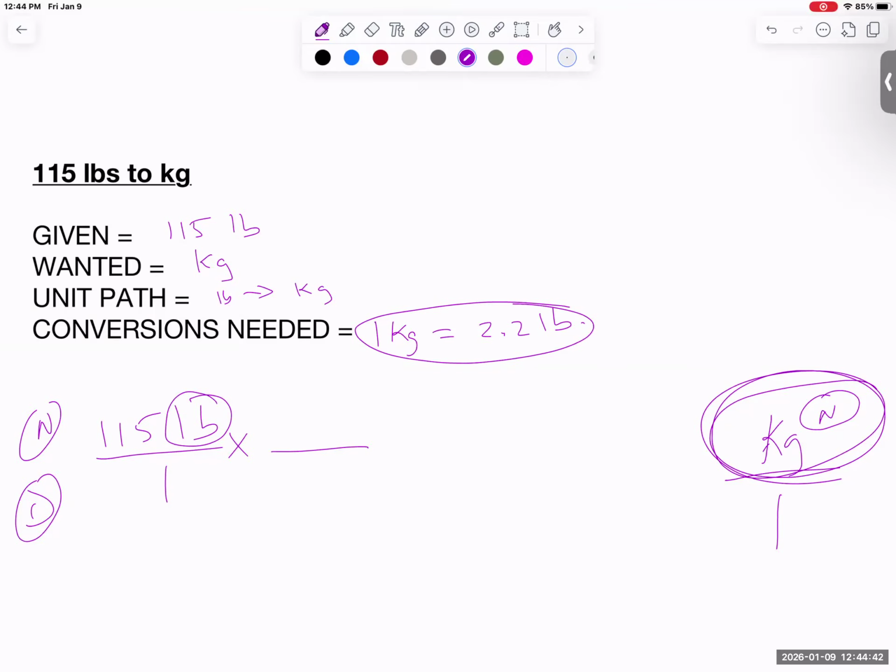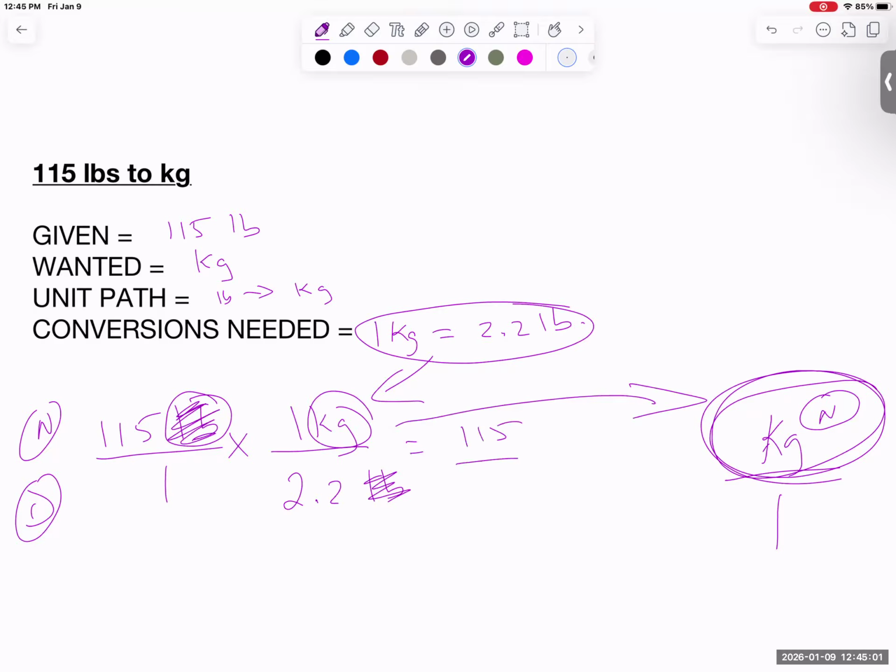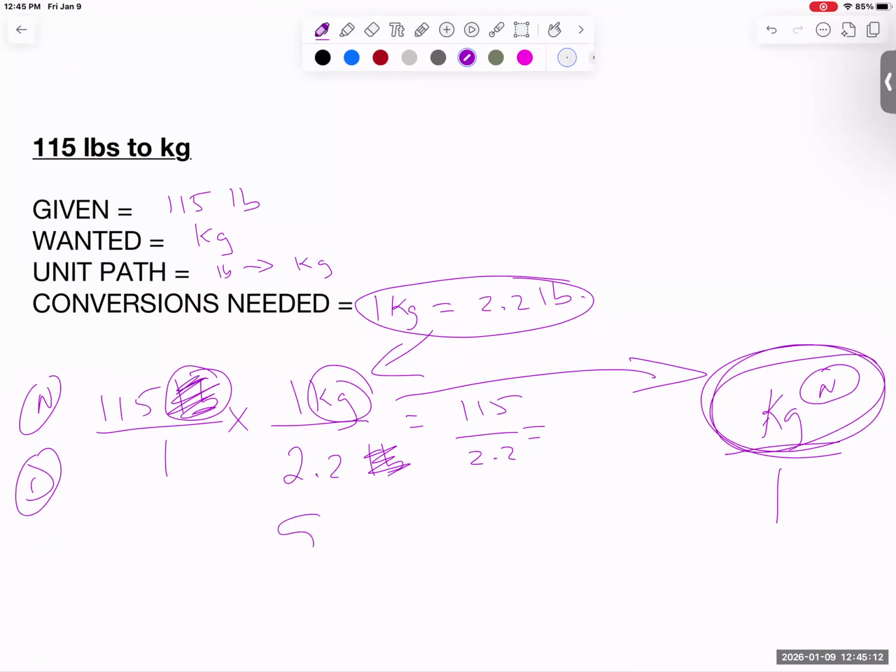1 kilogram over 2.2 pounds. I'm going to put the conversion in my problem, but I set it up so I get rid of all the unwanted units and I'm left with the wanted. Beautiful. So 115 times nothing, or 1, is 115, and 1 times 2.2 is 2.2. And then I divide, and when I divide 2.2 into 115, it's going to tell me on my calculator